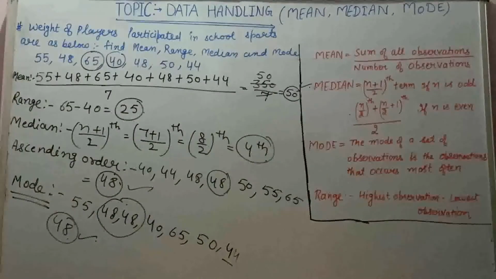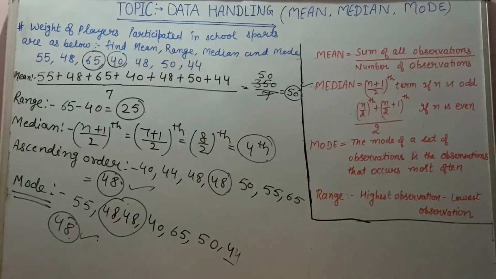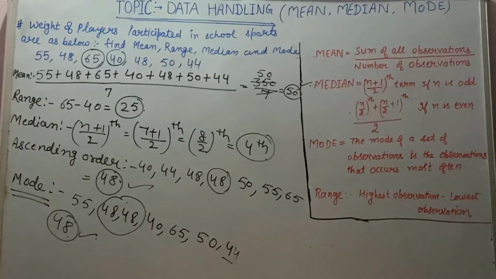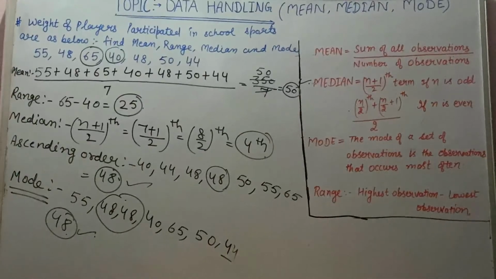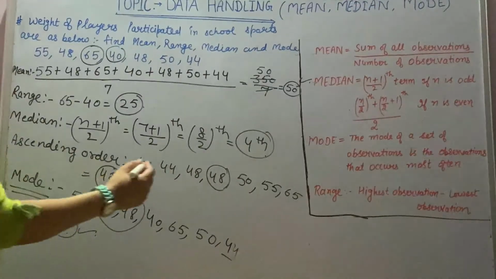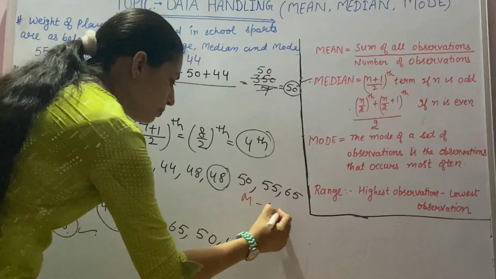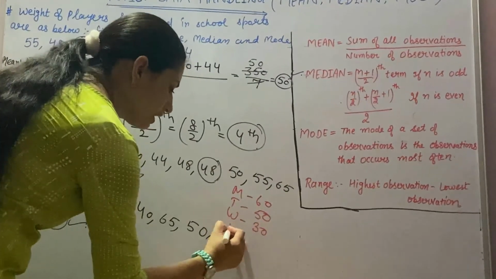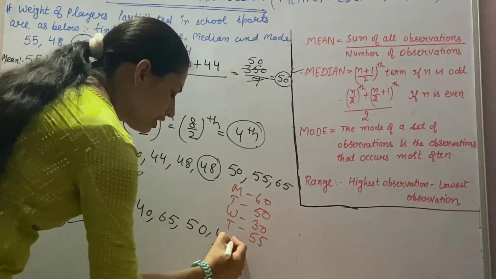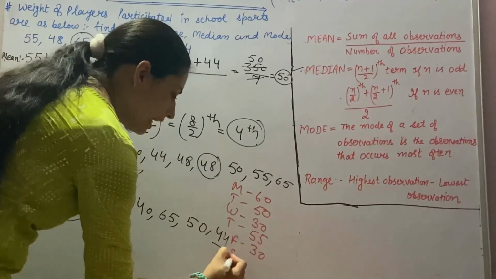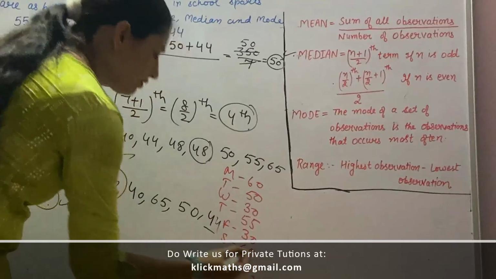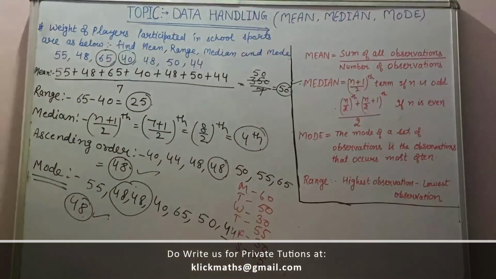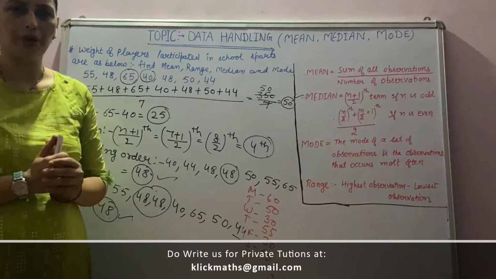To make learning easier, relate it with your daily life. Take the example of your pocket money when you go to school. Assume you get Monday 60 rupees, Tuesday 50, Wednesday 30, Thursday 55, Friday 30 and Saturday 65. Find out the mean, median, mode and range and put your answer in the comment box.